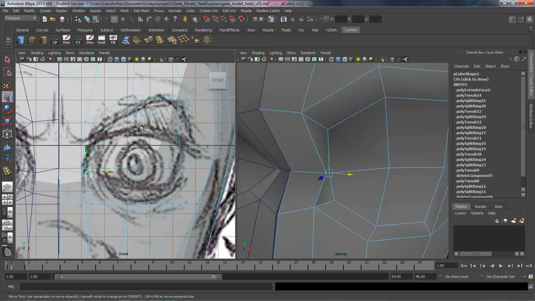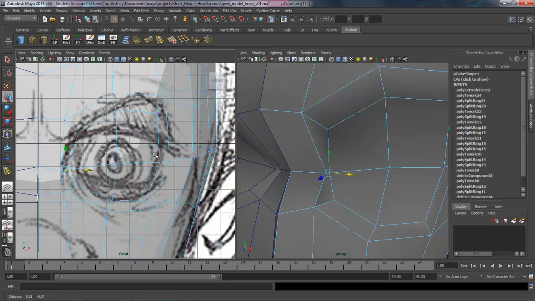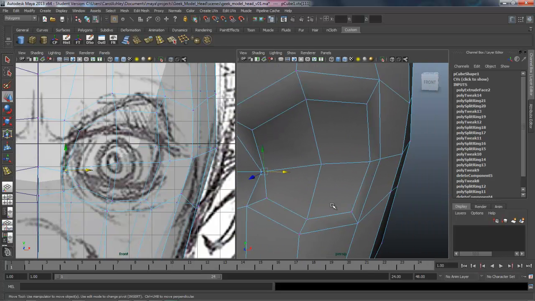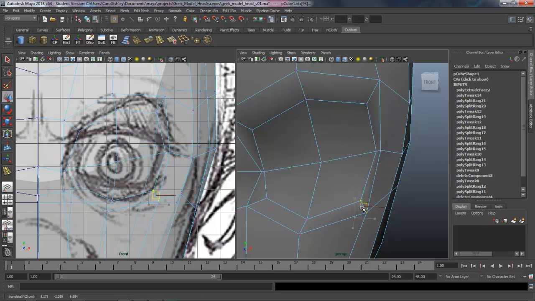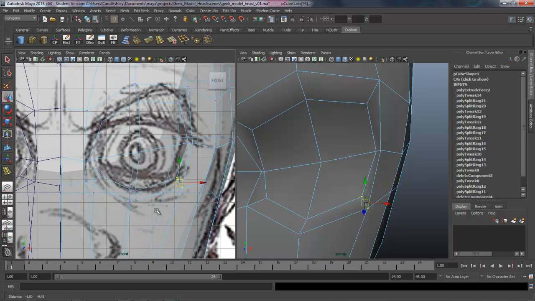And again, I'm on the outside of the eye. We still have to extrude out the eyelids, but I'm just sort of pre-shaping. And this is traditionally where the other side of the eye would be. And the way I've drawn it, it's sitting up much higher. So let's go ahead and take this and kind of pull it up here. So it's got that angle to it. And we can do the same thing with these points here, kind of pull them up and over. So we're getting that edge right there.